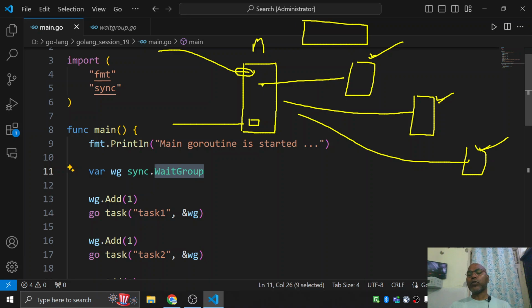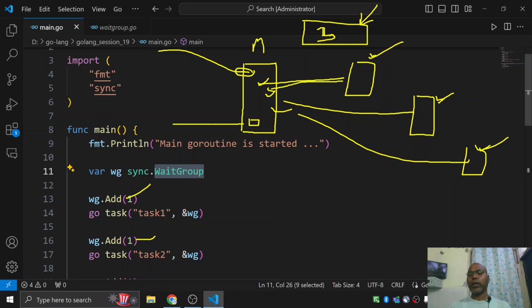Say I am going to start three Goroutines: Goroutine 1, Goroutine 2, Goroutine 3. So you call add 1, that means one Goroutine, add 1 becomes 2, add 1 becomes 3. That means this wait group knows you have started 3 threads, and after starting they